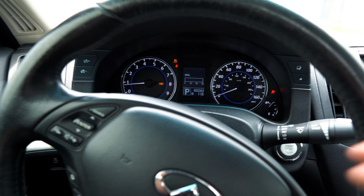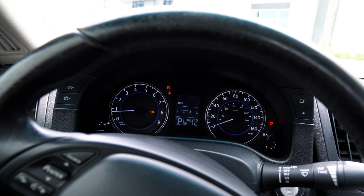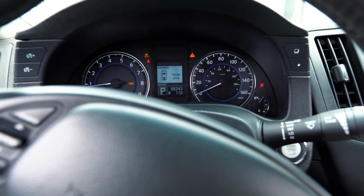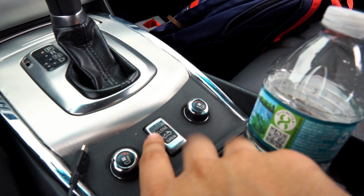So, the car is started right now. As soon as I press open, watch what happens. So it is opening, as you guys can see. Everything is modulating in the back, but you see, after we get to this stage, the trunk is open. It tells me the trunk is open, but that is one of the processes of opening the roof. Now, the problem is when I close it,